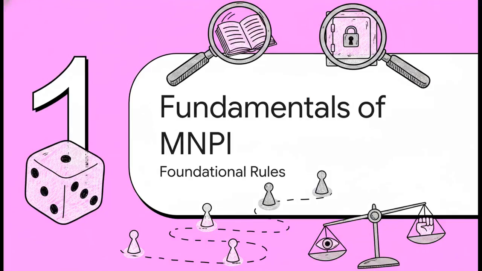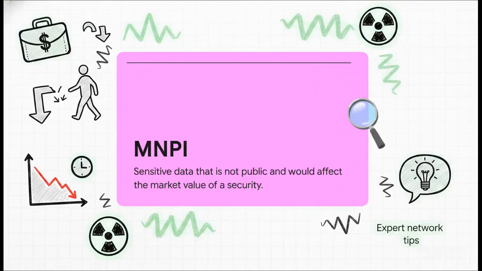All right, Part 1, the fundamentals of MNPI. So, Material Non-Public Information, or MNPI. Think of this as the ultimate currency of an informational edge. We're talking about everything from pending M&A deals to unannounced executive resignations, or even a heads up that an upcoming earnings release is going to totally miss expectations. If you're operating in capital markets, MNPI is literally radioactive material. Handled wrong, it leads to serious market abuse charges. You absolutely have to know how to track and manage it.